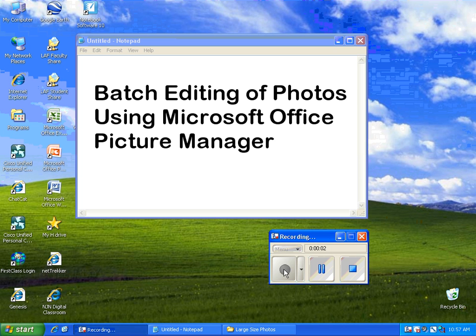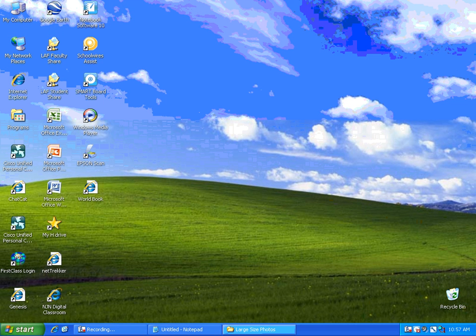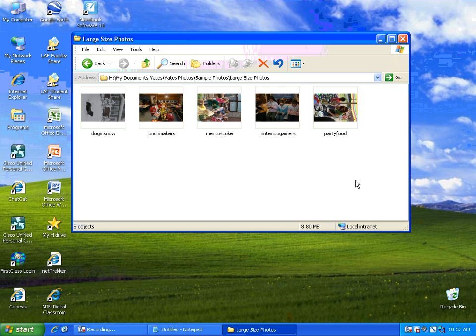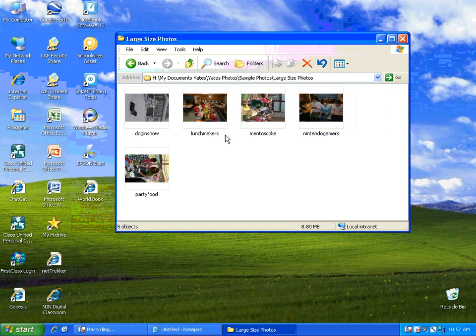This is Eric Yates, and we're going to take a look at how to use Microsoft Office Picture Manager to make changes to a lot of photos at one time. You've already watched my video, I'm sure, about how to use Microsoft Office Picture Manager, so you know that when we open up a window with a lot of pictures and use this button up here to select thumbnails so